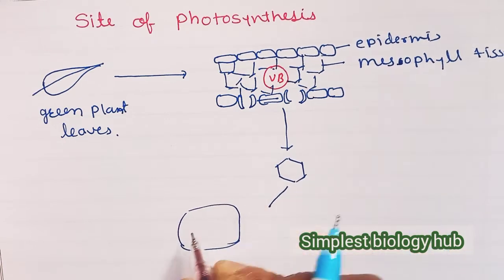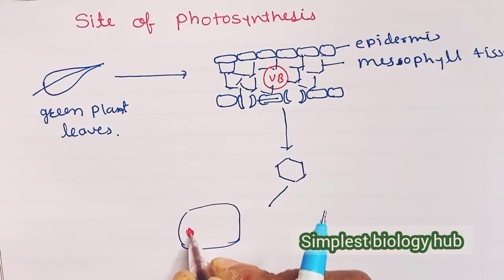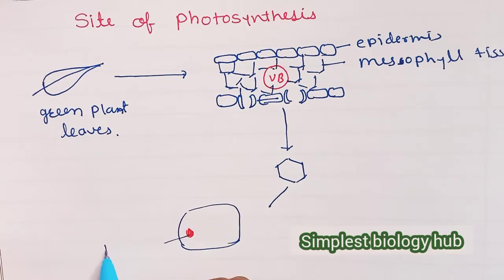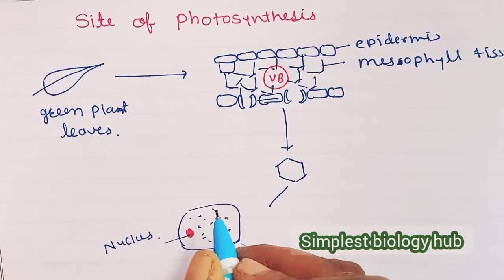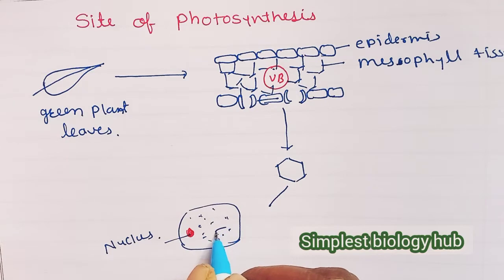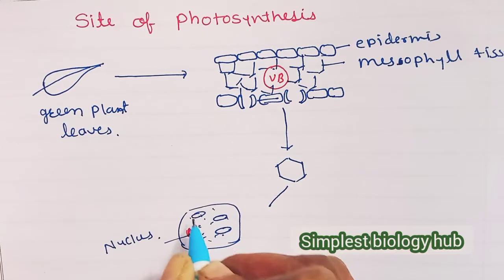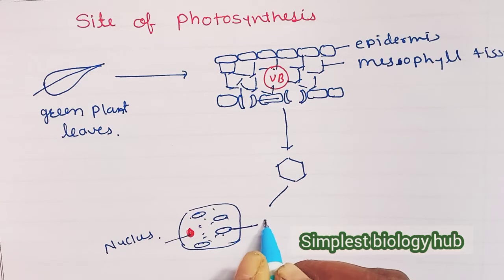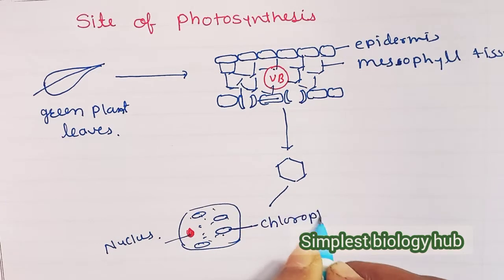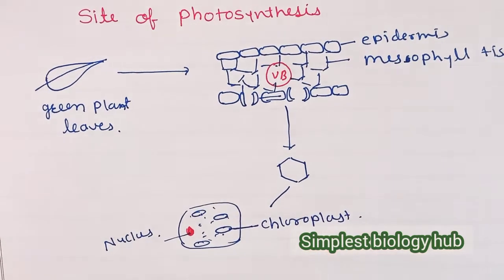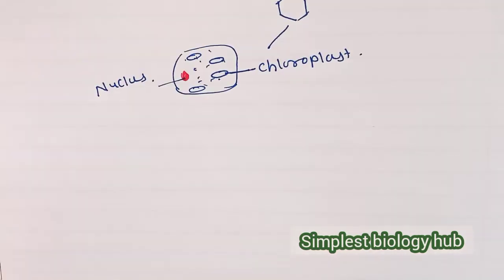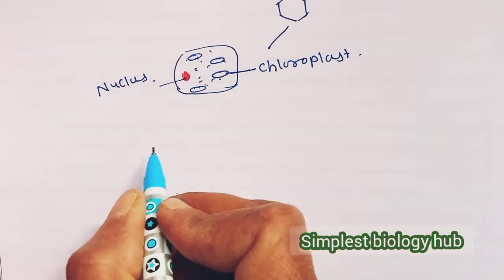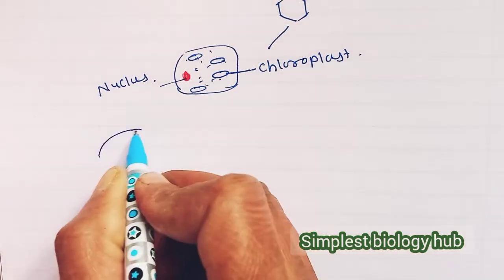In a mesophyll cell or plant cell, one nucleus is located on the periphery, that is the nuclear region. Then some cell organelles are there, cytoplasm is there, and out of those, one cell organelle is responsible for photosynthesis, and that we call chloroplast. We already talked about the structure of the chloroplast in the cell, the fundamental unit of life. Now here we draw the rough structure of the chloroplast.